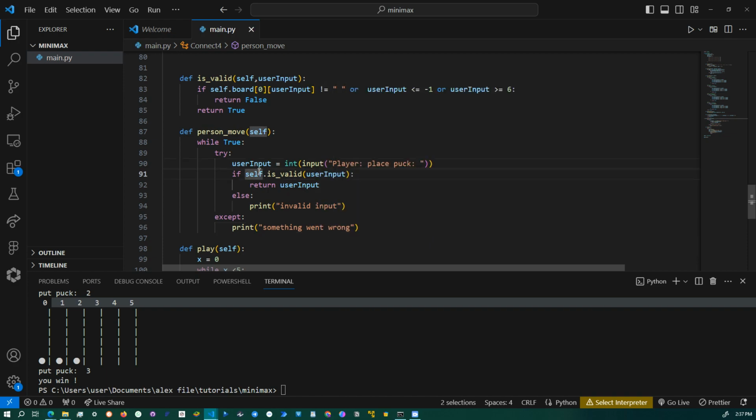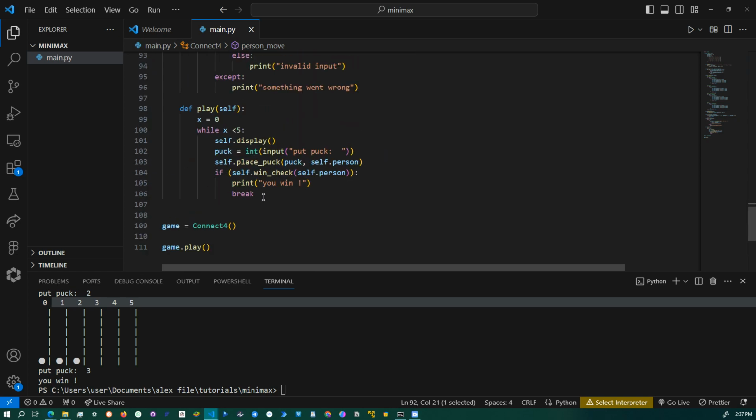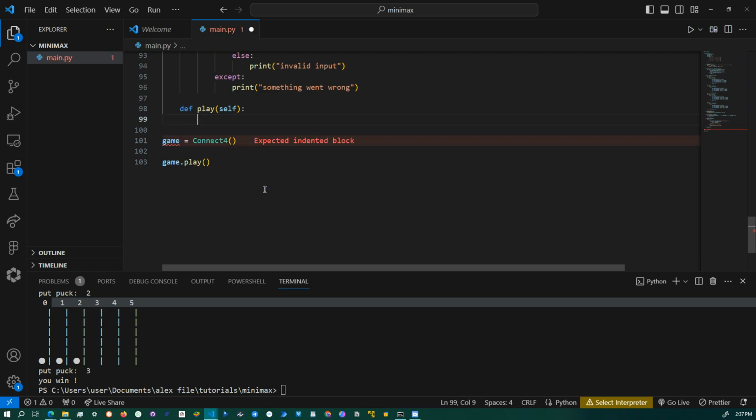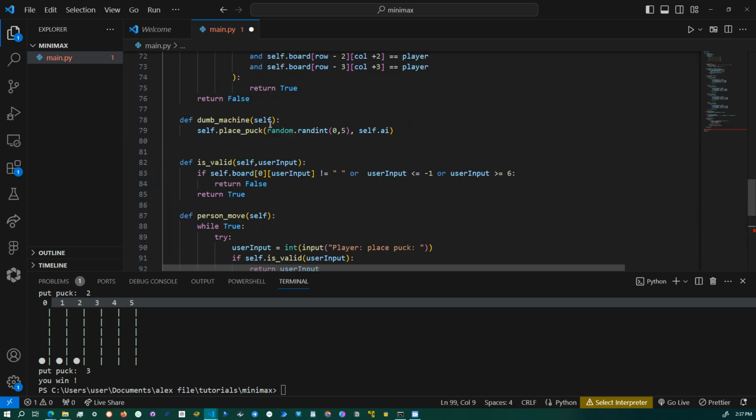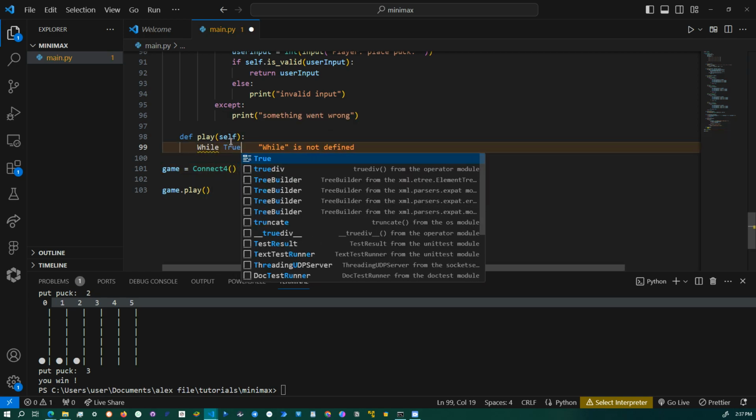So now that that's done, the person move is working. The return thing should override the while true. So now that that's done, we want to erase all this because it's looking bad. I want to add the dumb machine and then person move. So we're gonna use a while loop. So while true,